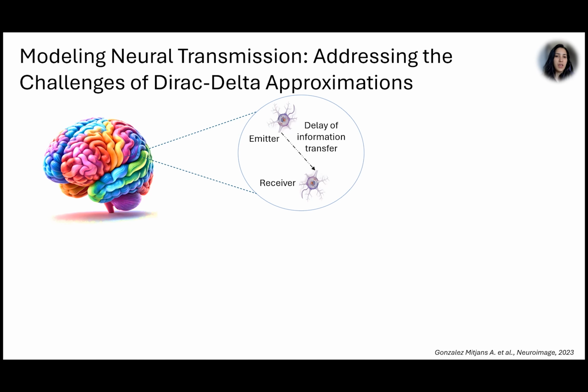Neurons are the fundamental building blocks of the brain, playing a crucial role in transmitting electrical and chemical signals. They serve as information carriers, facilitating communication between different regions of the brain. However, it's important to note that this transfer of information is not instantaneous and is subject to delays. The speed of signal transmission through neuronal connections can vary due to various factors, including the length of the connection and the conduction velocity of the signal, which is affected by different axonal properties such as length, diameter, myelination, and G-ratio.